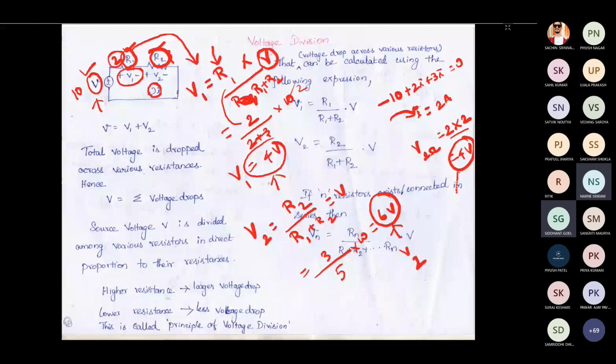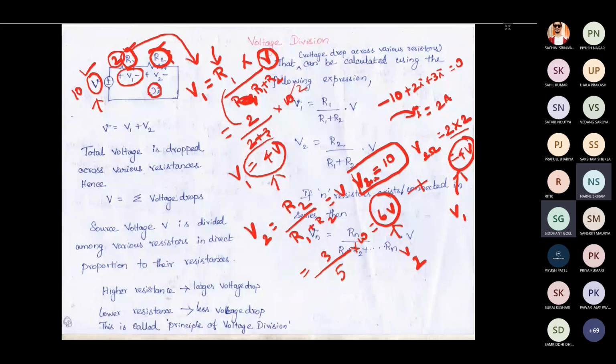This is the voltage across the resistor R1. This is V1. So these are the drops, right? Because these are the voltages across the resistors. If you add these two, you will get 10. This is equal to the voltage rise, that is 10 volt of the source. This is the source voltage. So always in the circuit, the voltage rise will be equal to the voltage drop. And if it is a series circuit, and you know the overall voltage and the individual resistance values, instead of applying KVL and finding the voltage, you can directly find the voltage across individual resistor elements.